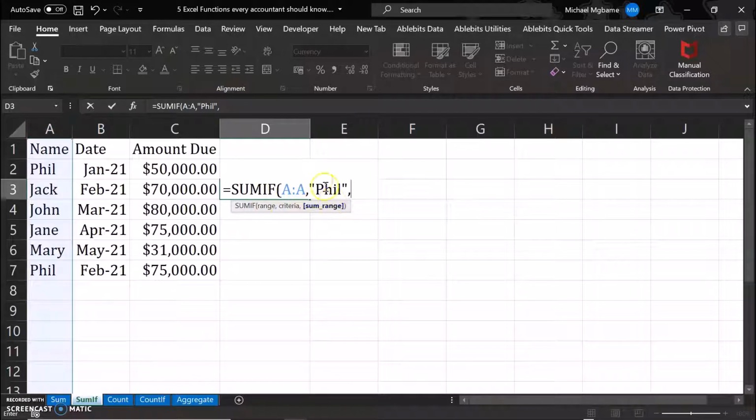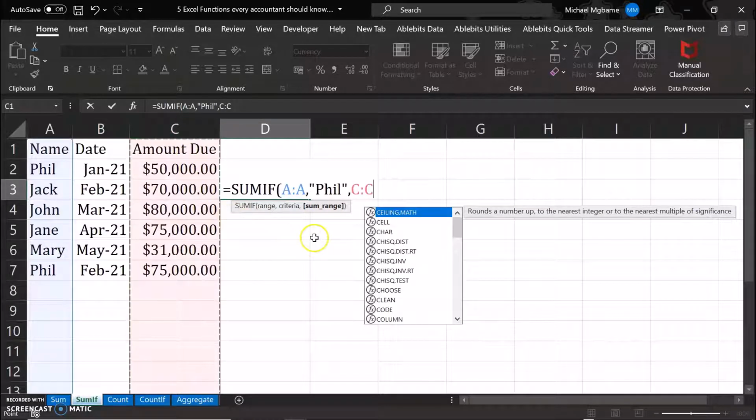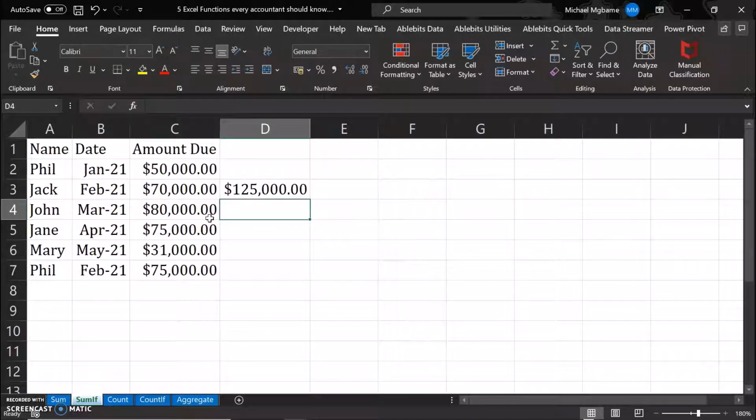But you can see there's a last argument we need to pass. That is what? The sum range. What are we summing? In this case, we are summing the amount due whenever the person's name is Phil. So we want to know how much Phil is being owed throughout the year 2021, as the case may be. So once we press enter on our keyboard, we can see that Phil is owed a total amount of 125